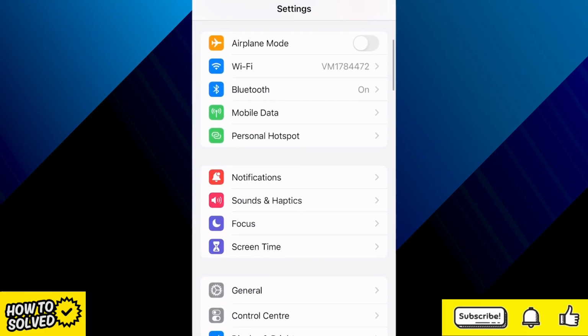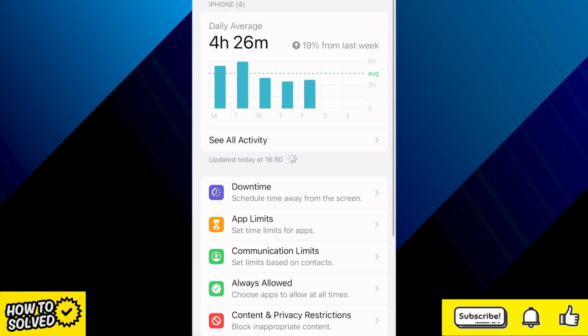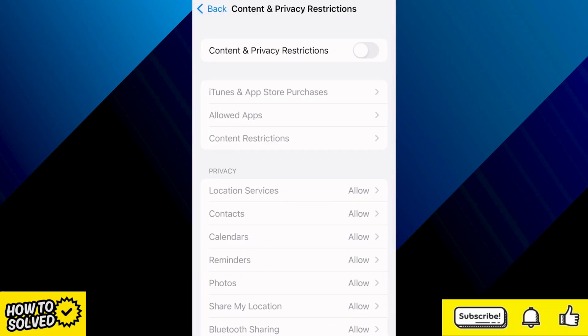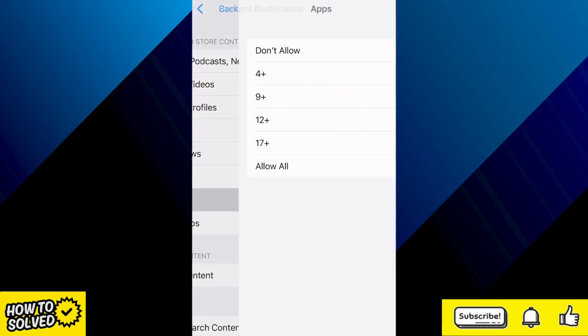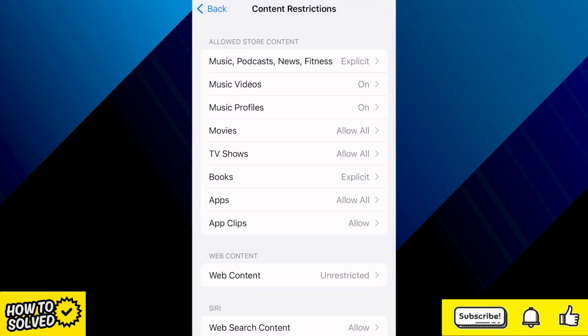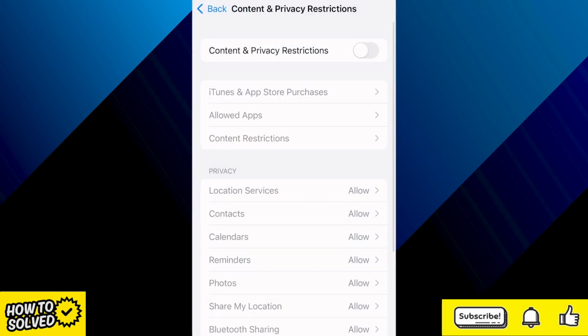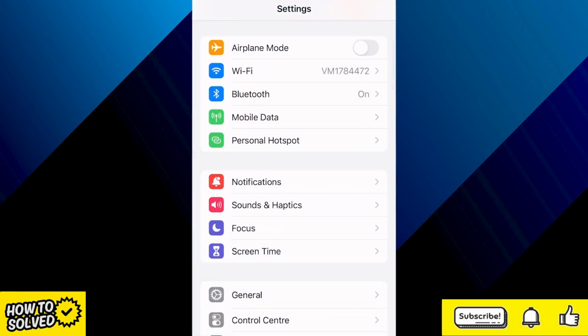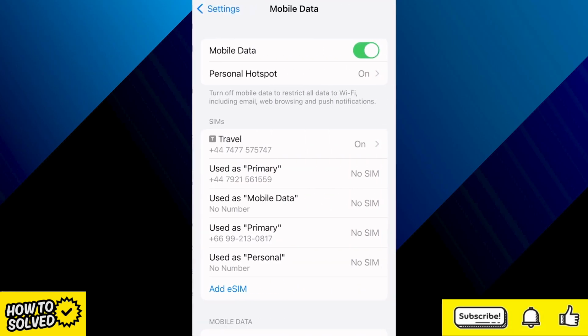to Screen Time. Come down to Content and Privacy Restrictions, and if you have this option here enabled and turned on, then what you need to do is come over to Content Restrictions, and underneath Apps, just make sure this is set to Allow All. Now obviously, if you have Content and Privacy Restrictions turned off like so, then you won't need to worry about this section. Then come back over to Settings, this time select Mobile Data, and then underneath your SIM section, just